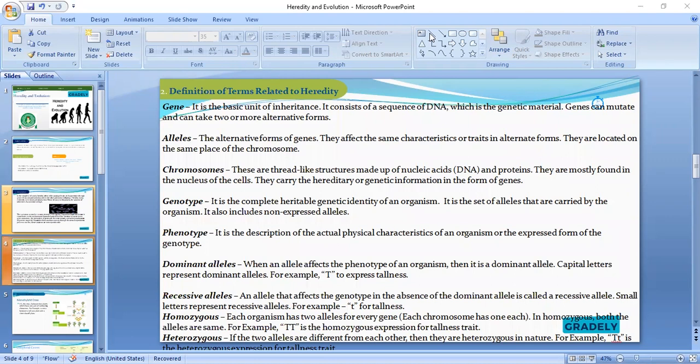Now, when we are talking about a gene for tallness, we represent it with a capital letter. And a capital letter simply means a dominant character, a dominant allele. Are you getting it? Because Ada is short, Obi is tall. That means Obi can overpower Ada. Obi is stronger than Ada because no matter how strong Ada is, because she's short, Obi can overshadow her. So Obi is dominant over Ada.